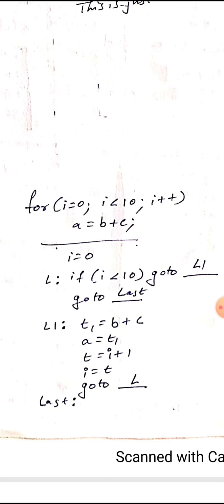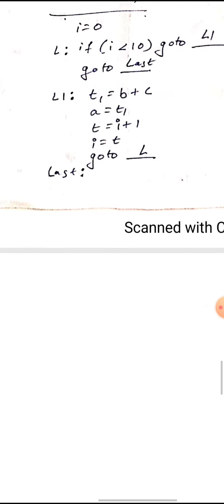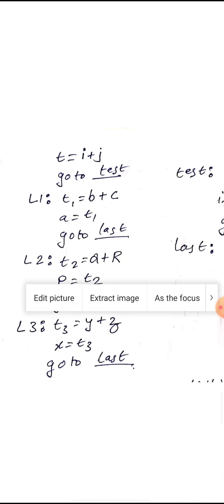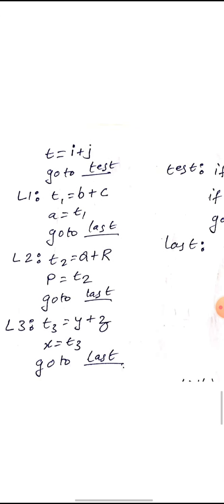So until the value of i is less than 10, it will remain inside the loop, it will execute the statements, T1 and T will be in operation, and then go to L will continue. But when this condition is false, it will come out, go to last. So it will come out and then execute the remaining part of the statements. There also it will have only intermediate codes, it will not have some while loop or for loop. These are the examples that I am telling you, that it will be converted into this type of statements. So we have seen the while statement, for statement, and so on, right? Then we will see